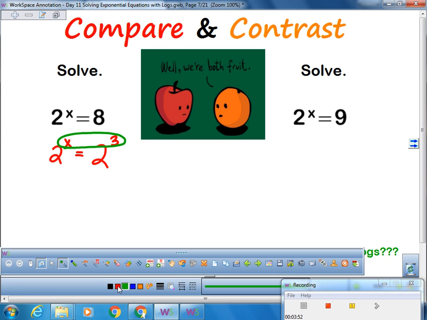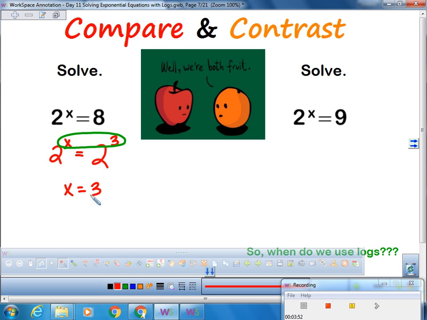Now I can compare exponents. So x equals 3. This one: 2 to the x equals 9. Got it? Okay. So I can't use common bases with this one. So now I have something else I can use. I can use the inverse of exponents, which is